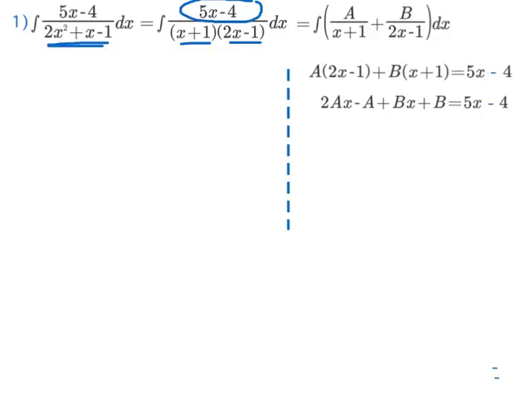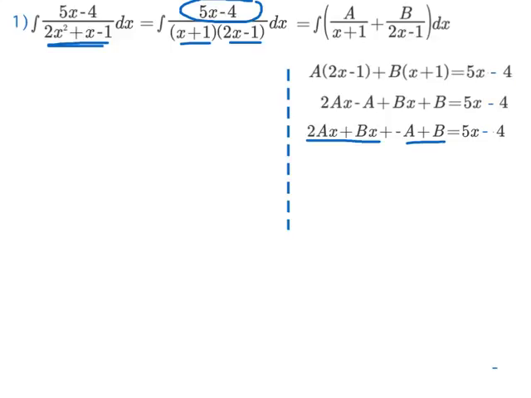Okay, so if you need to pause, go ahead and pause it. Group together your x terms with your non-x terms on the left side of that equal sign. Okay, and now I'm going to consider these two terms